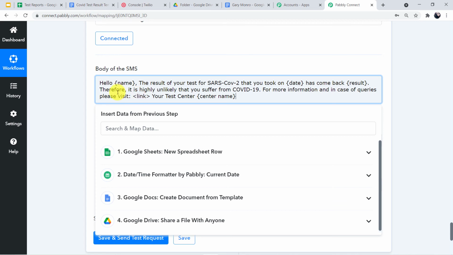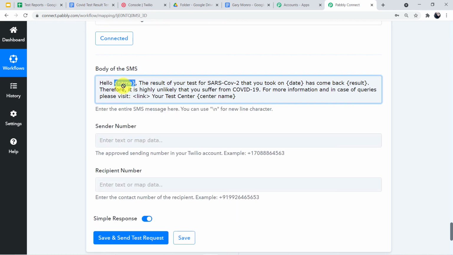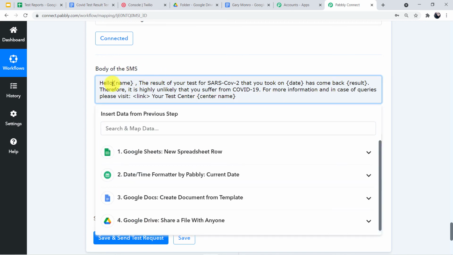Now let me explain one thing: I have provided these values so that I can enter the data here according to the need. We are going to enter the data in place of these values, so I'm going to map the data. By mapping, the data is going to keep on changing according to the variables along with every new patient.